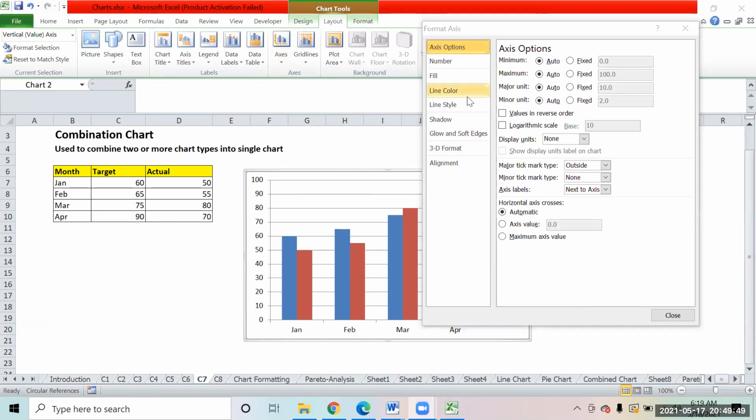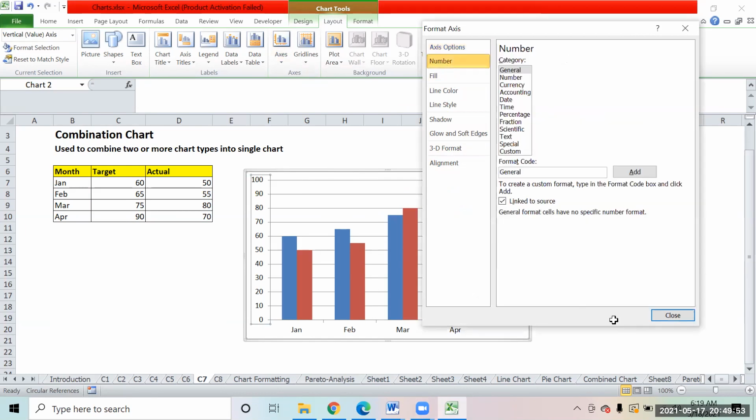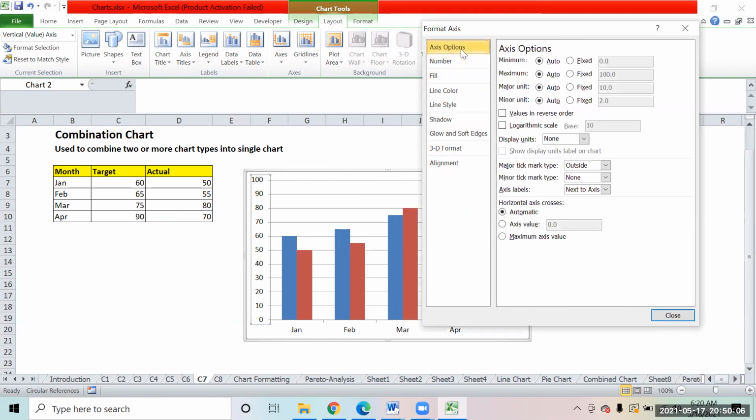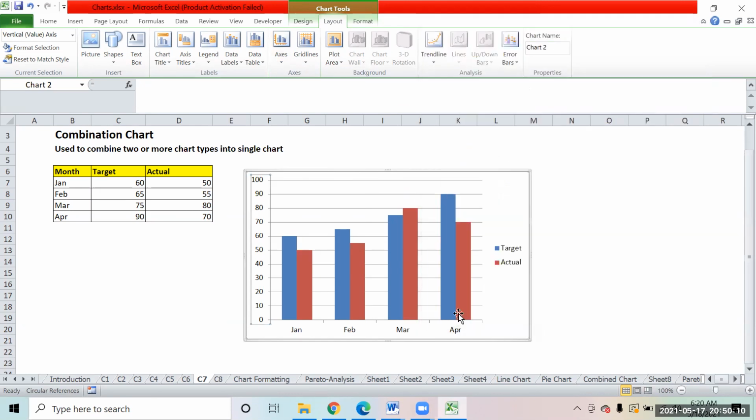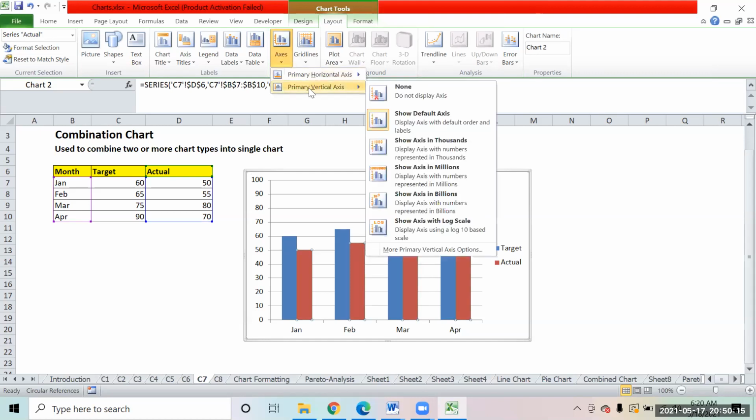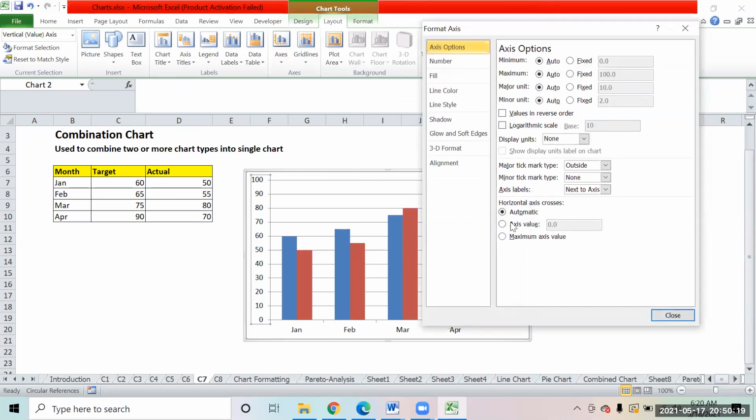Right there, that is the combo chart. First, you have to select the values axis, this option.